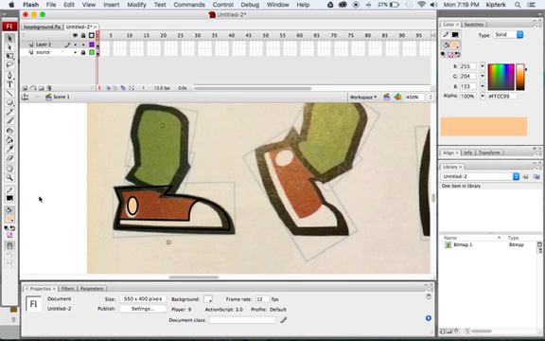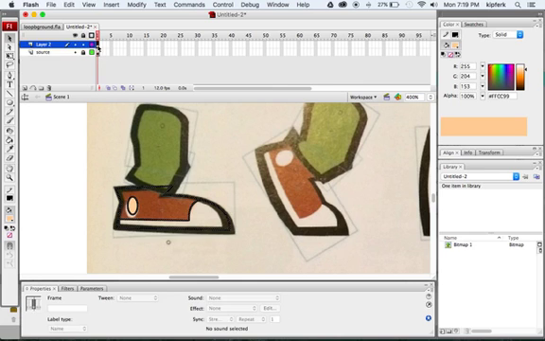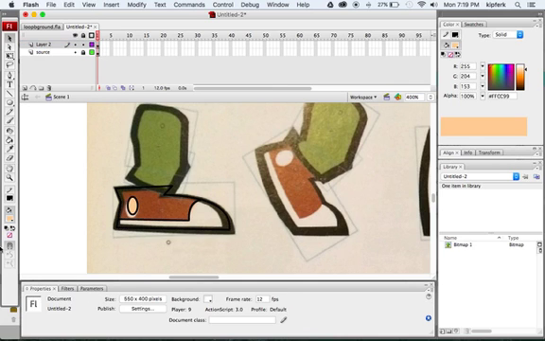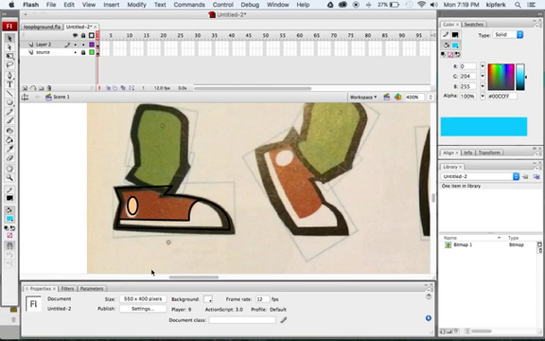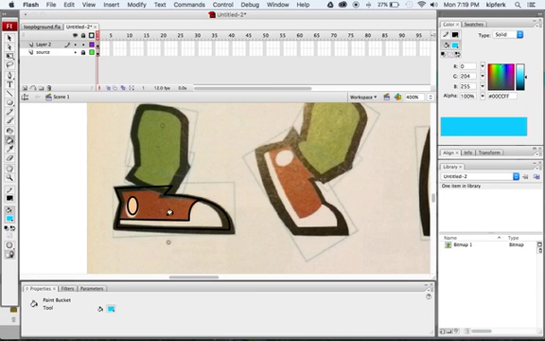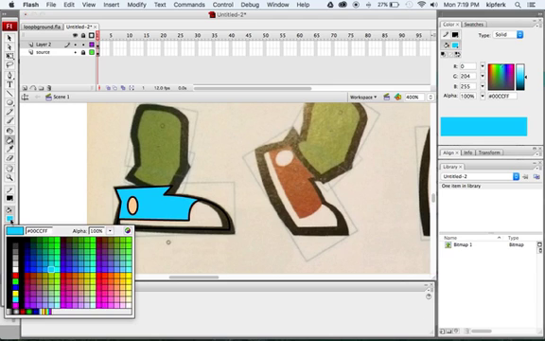Like I was saying before, I'd like you to make your shoe your own. So let's make it a different color than red. Why don't I go ahead and make these some baby blue kicks right here. So I'll take my paint bucket, fill in that section the blue, and then I might actually use